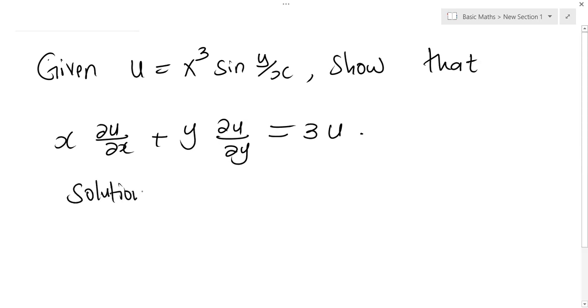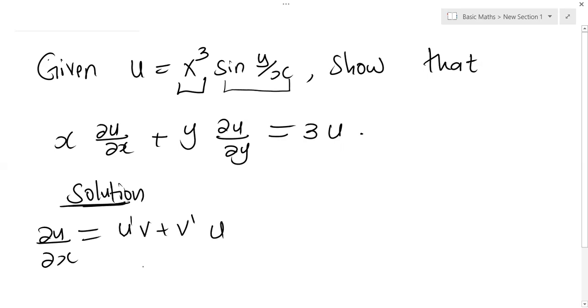So, given u, we're going to get the partial derivative of u with respect to x. Looking at our function here, it has an x here and there's an x here, so we're going to use product rule. Let the first function be u and the second function be v. So we'll have u prime v plus v prime u. Now, u prime, differentiating x cubed, we get 3x squared multiplied by v, which is sine y over x, plus